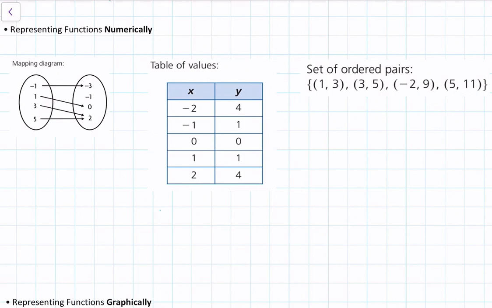So in this case, we say that -1 maps to -3, 1 maps to 0, 3 maps to 2, and 5 maps to 2. Furthermore, in the table of values here, we can see it's a very straightforward table. We have your x values on the left and the y values on the right. And finally, we have our ordered pairs